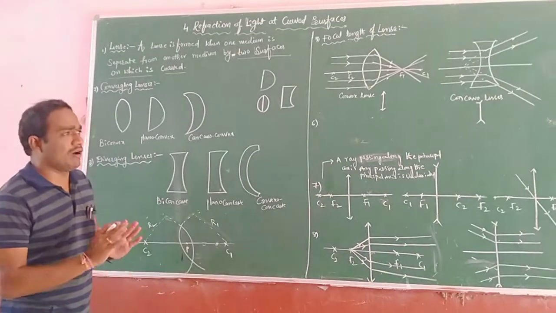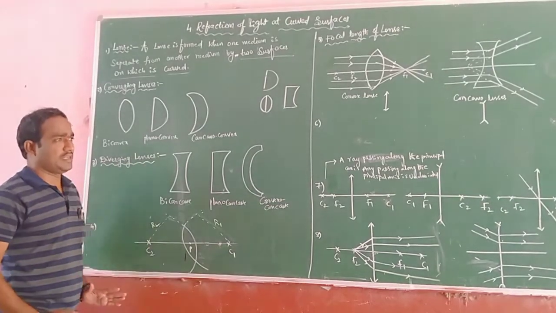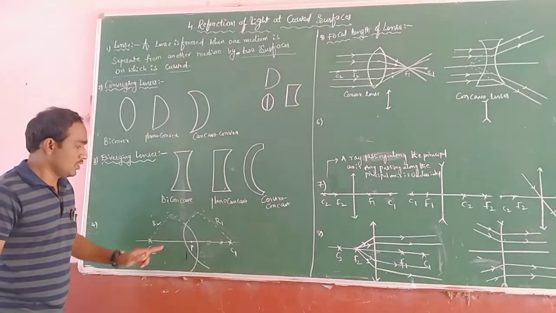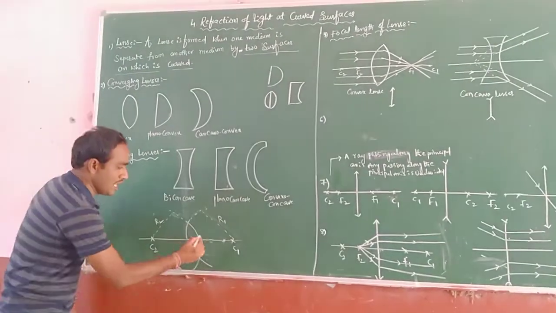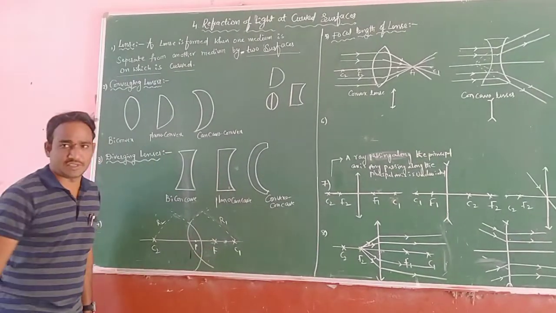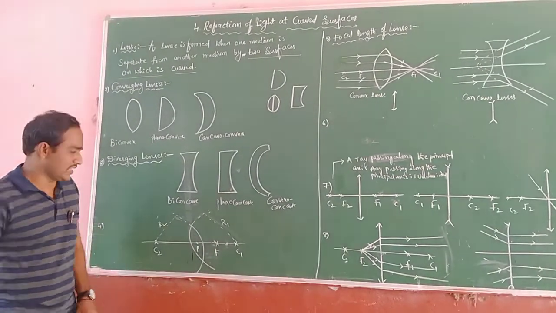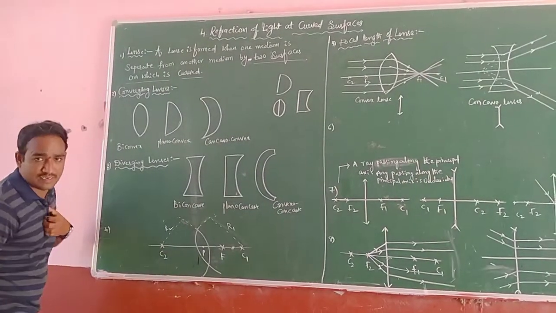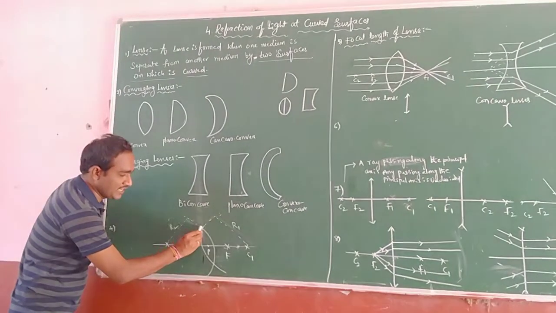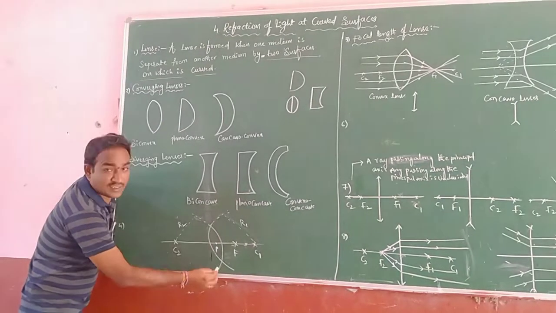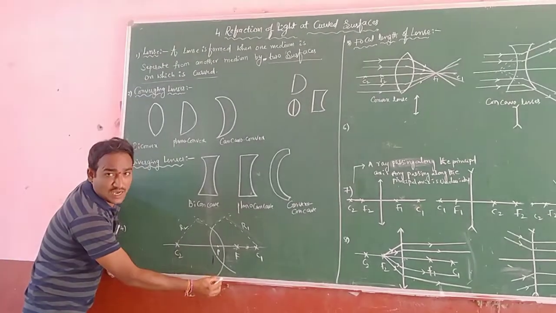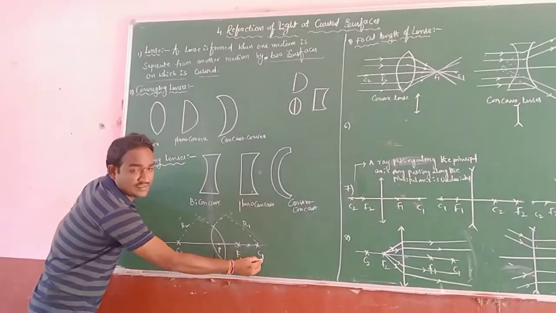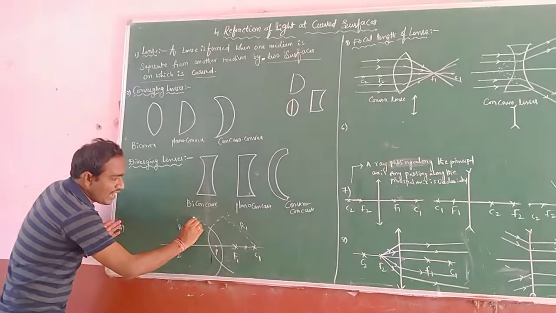See here, I take any lens. A lens has two focal lengths and two centers of curvature, as we have assumed. See here, it is one lens. The lens is a biconvex lens. Biconvex lens means one curved shape and another curved shape. According to this curved surface, it is F1 and C1. And on the left side, the other curved shape has F2.